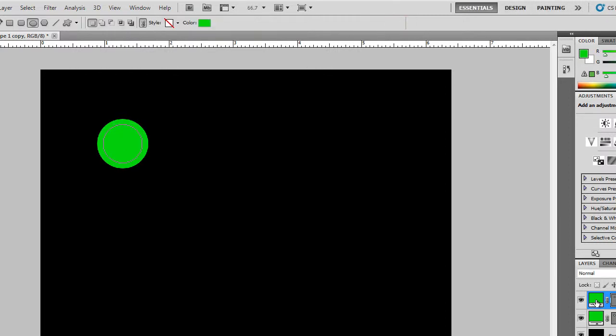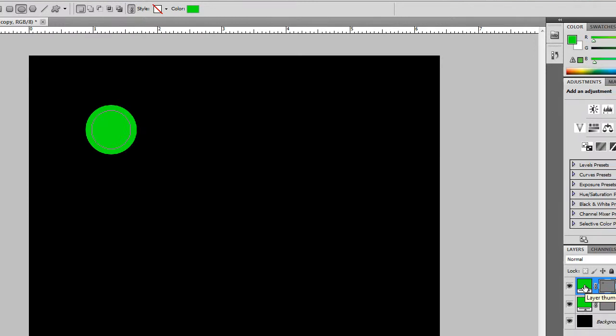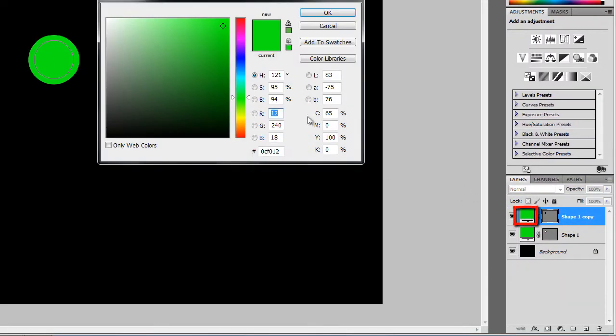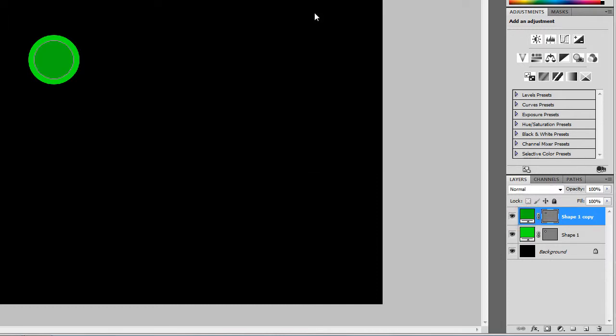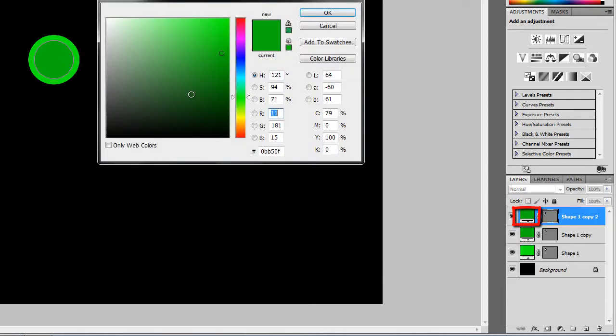I need to change this color swatch right here, so I will double click on it. And I'll just darken that up a little bit and click OK. I'm going to duplicate this layer again, but this time I'm going to do a Control J. That's duplicated the layer. I'll double click